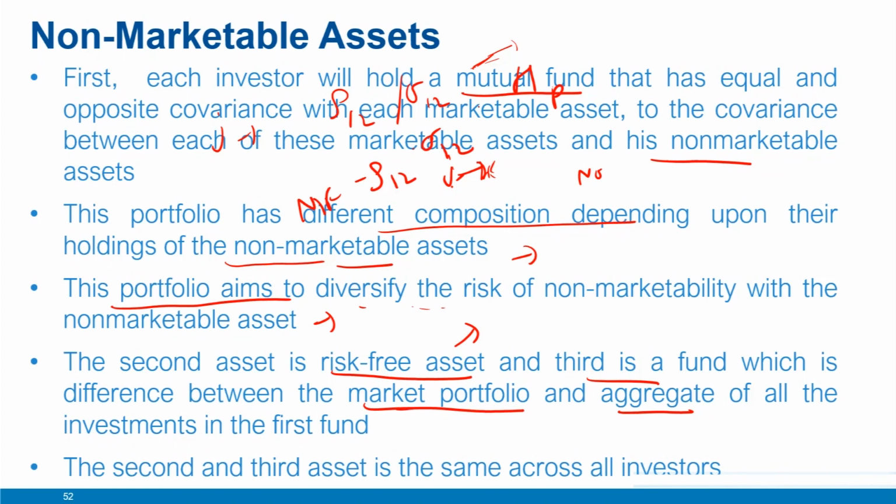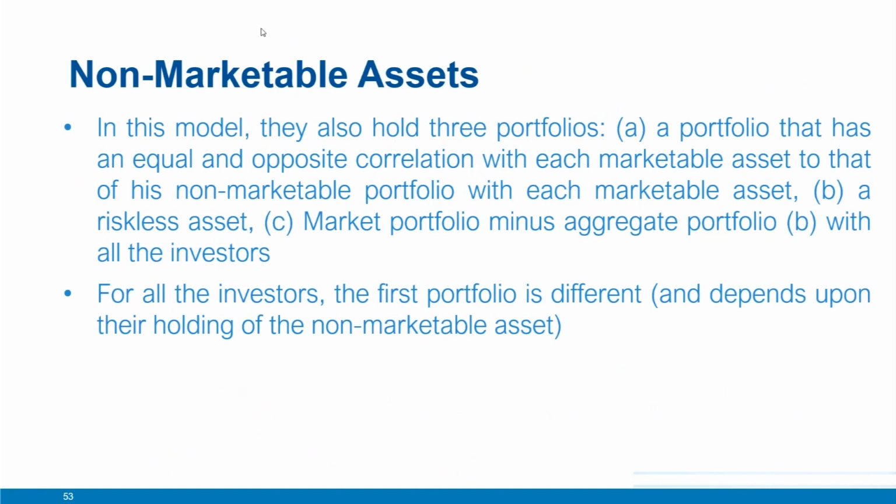Then market minus this mutual fund, which is a fixed portfolio, will be owned by all the other investors. And therefore we can say the second and third asset is same for all the investors. The only asset that differs for all the investors is this unique mutual fund, which depends on their non-marketable asset. So to conclude, in this video, we discuss the implication of introduction of non-marketable asset in the portfolio of individual